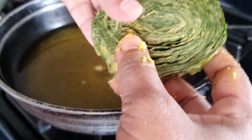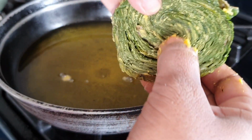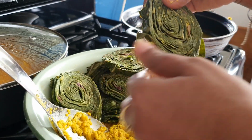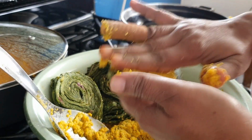Please be careful that you don't get burned, and of course make sure that you have a bowl or basin with some absorbent paper, maybe paper towels or some brown paper. And of course, when you drain your Saheena, you're going to put it in that basin. I'm using this log for